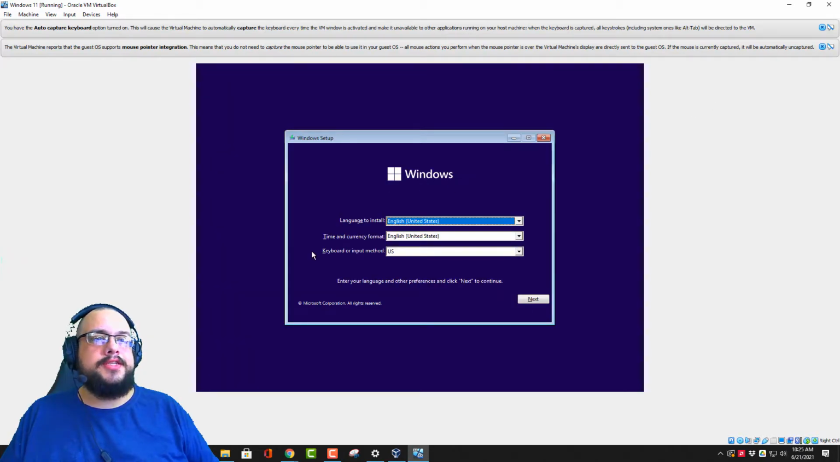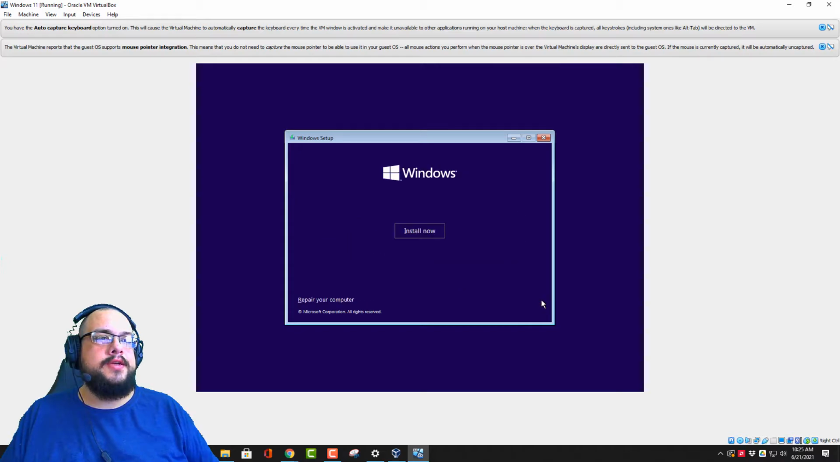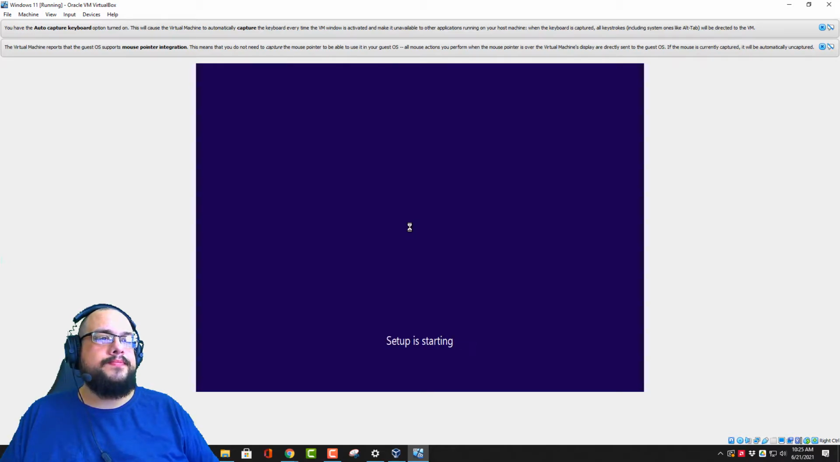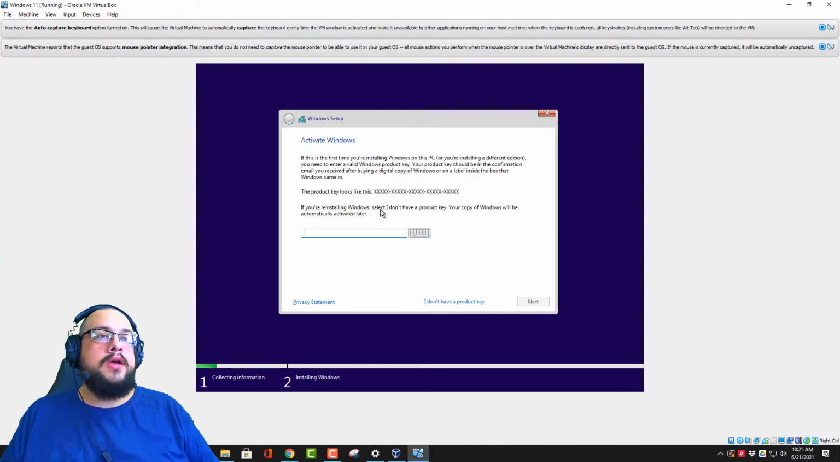All right, so here we're in the installer. We're going to click on Next and Install Now. We don't have a Windows key to activate Windows. If you're brave, you can log into your live account after, and some users have stated that it activates Windows when you log in, but I haven't tested that yet, so I'm going to choose I don't have a product